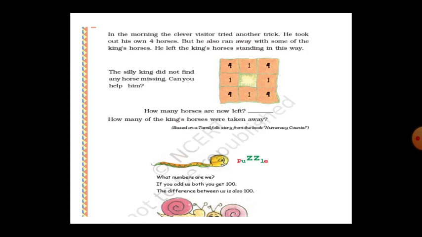Then if you add, you can check how many answers you will get. So you can write the numbers in those boxes. You fill the boxes with any of the numbers, not only 4, not only 1. Between 1 to 9 numbers, if you arrange them, you can see what number you will get. This is the activity I will give for you.